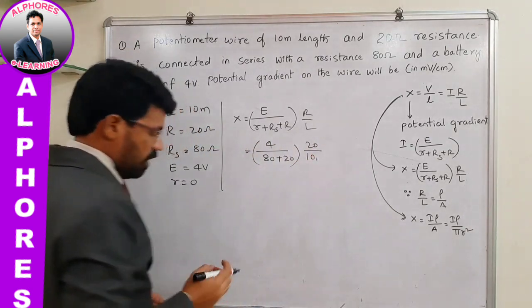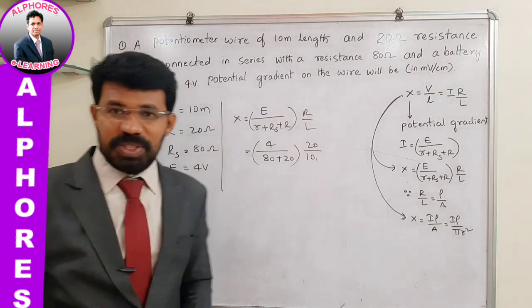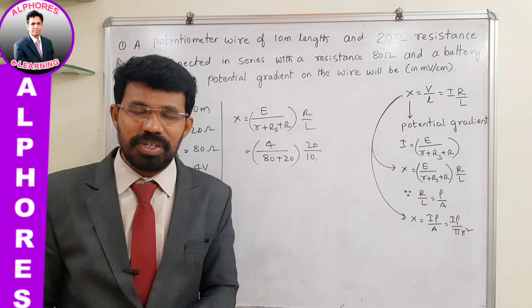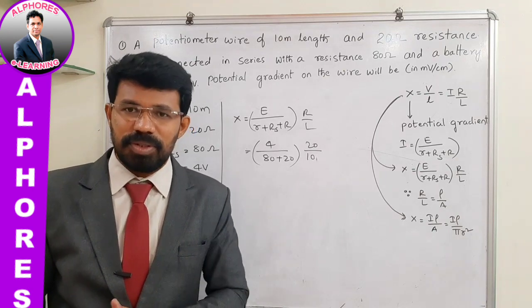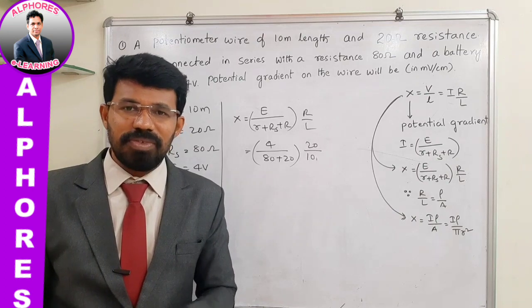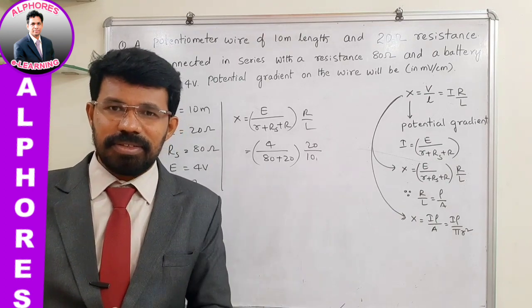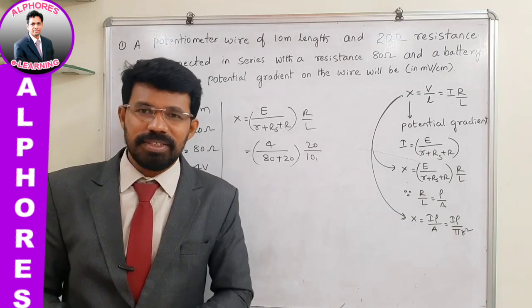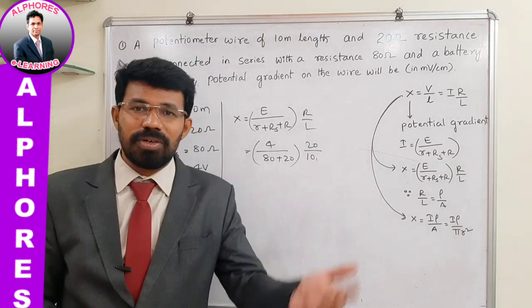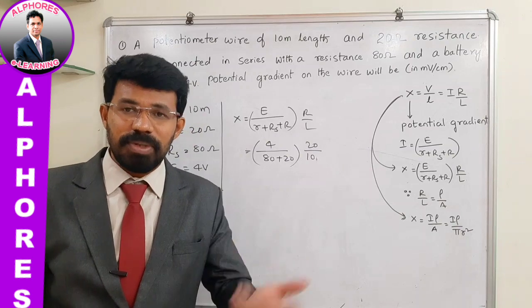See here, children, unlike in the case of meter bridge, here there is no restriction on the length of the potentiometer wire. You can take any length of the potentiometer wire. It depends on what experiment you are performing. It depends on where you will be getting the balancing length. I'll tell, we haven't gone into the details much. We'll come to know what balancing length is and why we need more than 1 meter length of the wire in